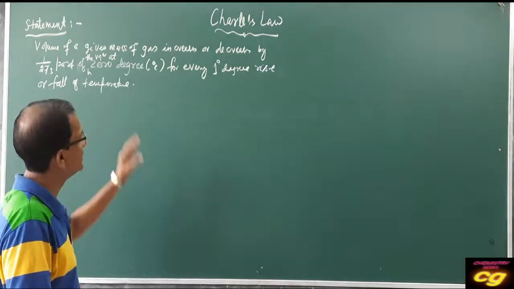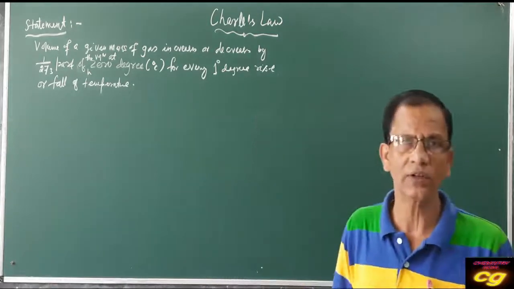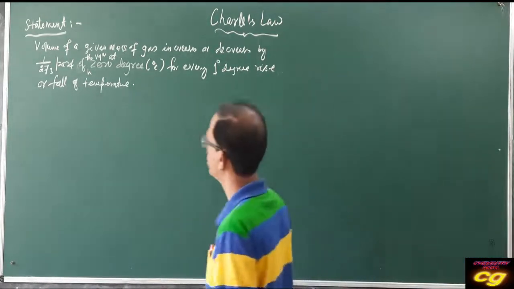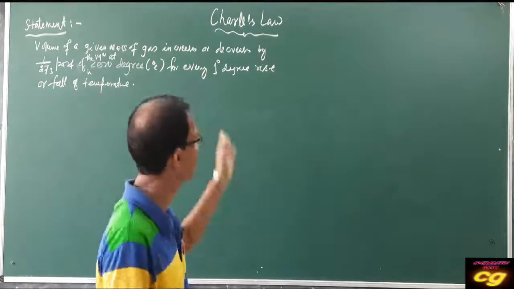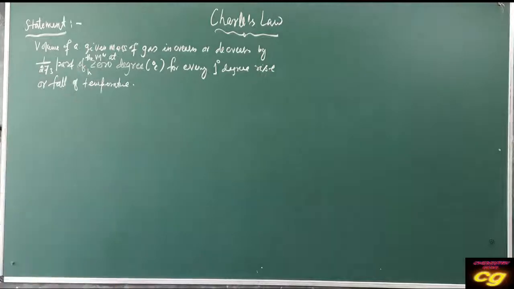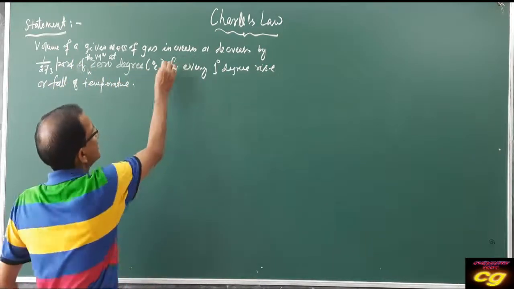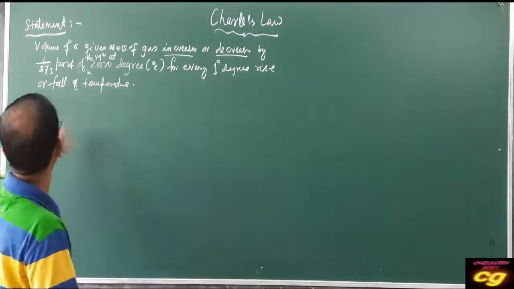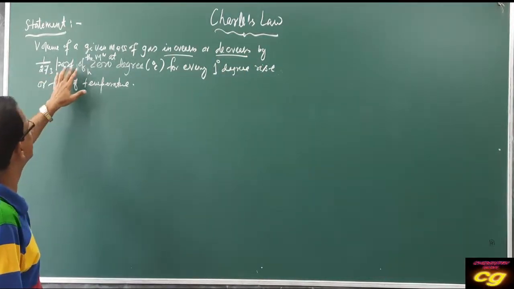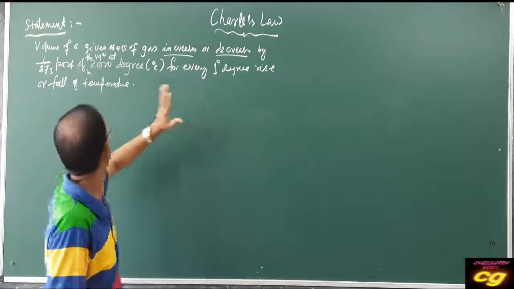Charles's law is mainly a relation between the volume and temperature of a gas at constant pressure. Here, how the volume is related to temperature at constant pressure is what Charles's law describes. The statement of Charles's law is like this: the volume of a given mass of gas increases or decreases by 1/273 part of the volume at 0 degree Celsius for every 1 degree rise or fall of